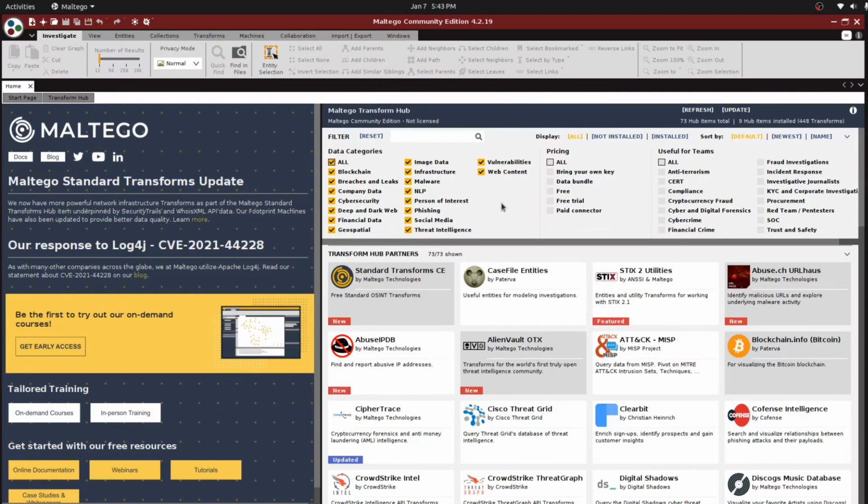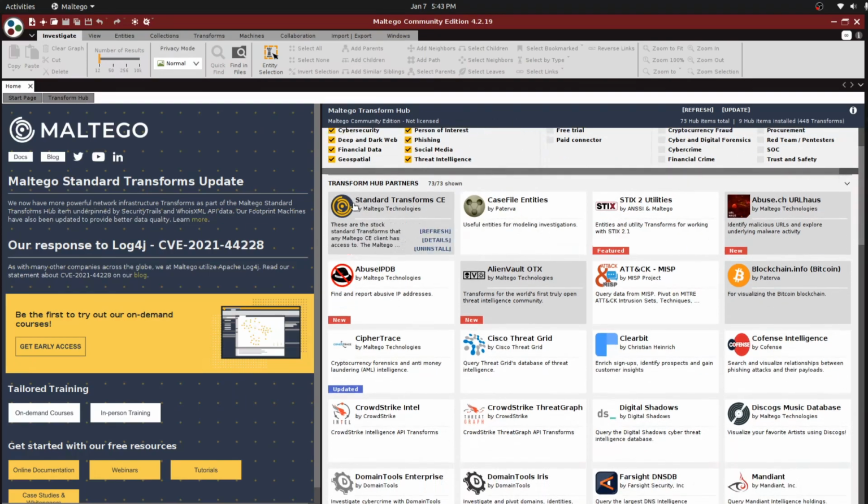As I said before, Maltego is like a junction. It's a centralized application. We can integrate other open source, other information resources with this Maltego, and whenever you are approaching or seeking some information in Maltego, it will reach that open source site and gather the information. So that is the overall main functionality of Maltego. So these are the data categories that Maltego can pull out, and at the bottom you can see the Transform Hub partners. These are separate third party entities, some information suppliers, partnered with Maltego.